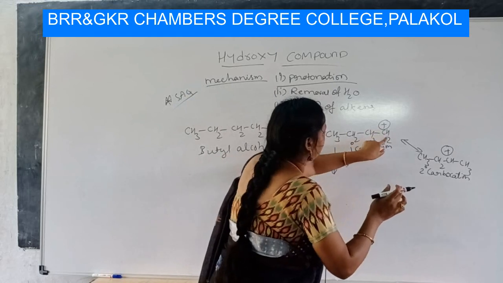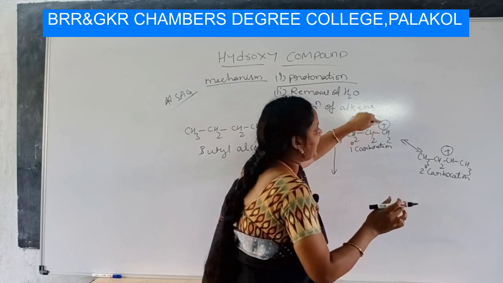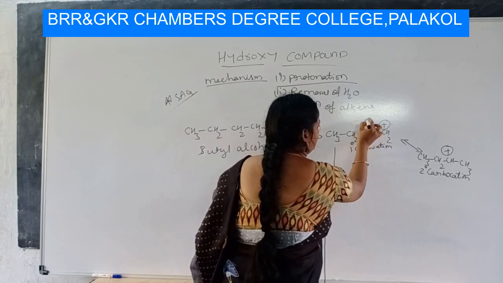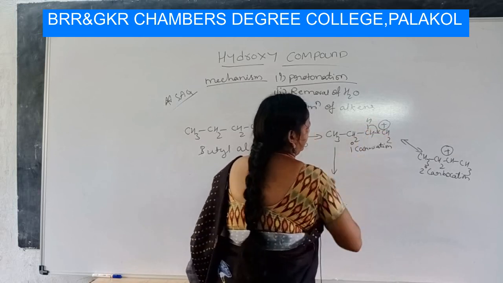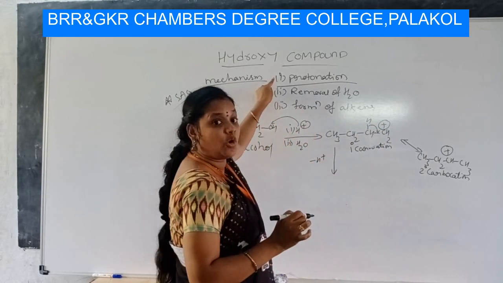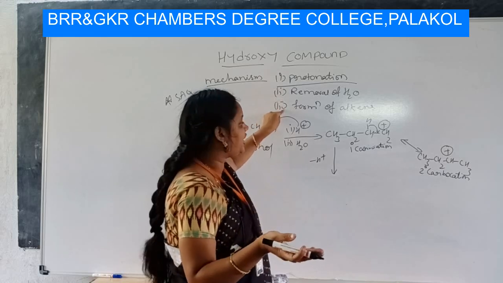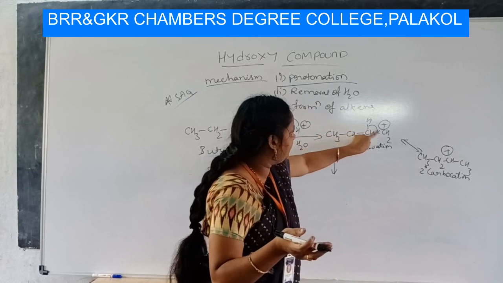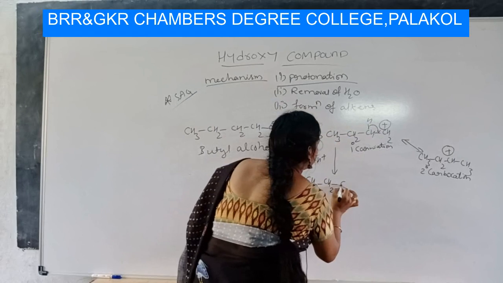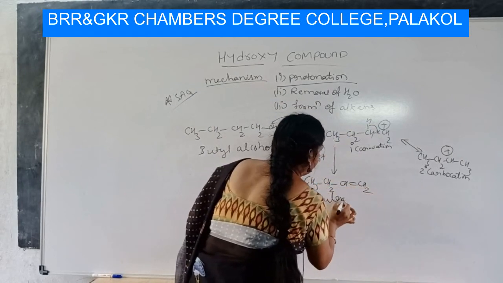So, protonation is completed, removal of water is completed, and now the formation of alkene. This hydrogen will be removed to form a double bond and for the cancellation of the plus charge. I will show you clearly. This bond shifts like here and the proton is removed. In the first case, a proton is added. Last, in the formation of alkene, deprotonation, the proton is removed. So the bond comes here, and you will get CH3CH2CH double bond CH2, 1-butene.